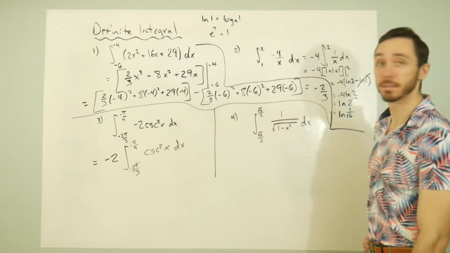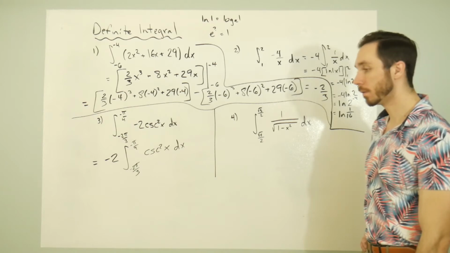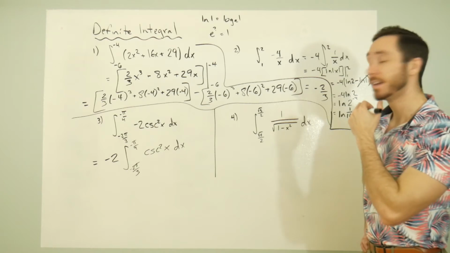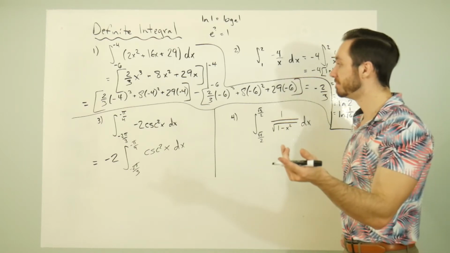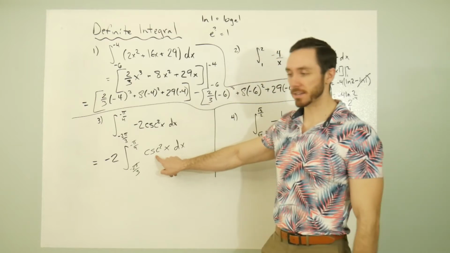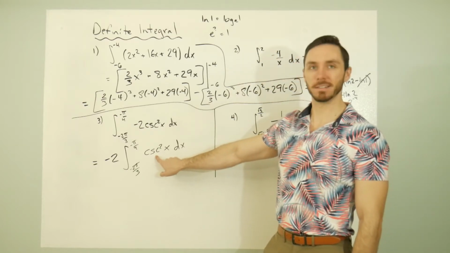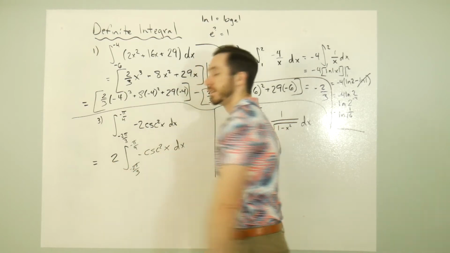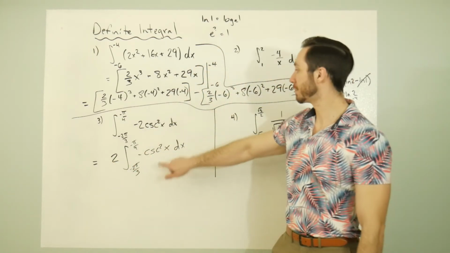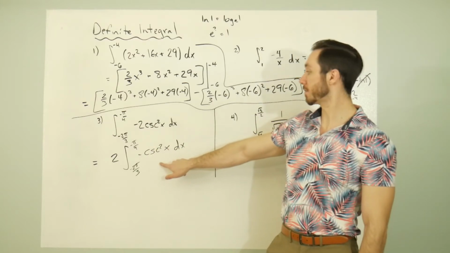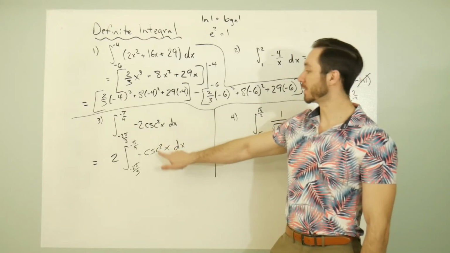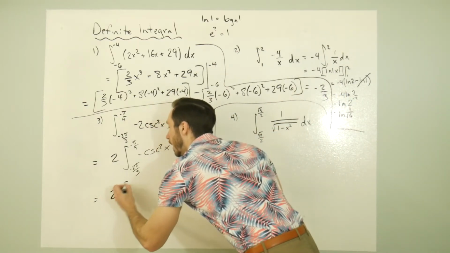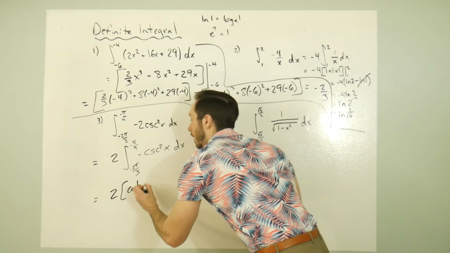cosecant square x? Okay, so we know that the derivative of tangent is secant square. Actually, thinking about this cosecant square x, I know the derivative of cotangent is negative cosecant square. So if anything, I kind of want to bring this negative back on in, so that way it kind of vanishes in the problem. Antiderivative of negative cosecant square is just cotangent. So with that said, I can just jump straight to 2 times the cotangent of x